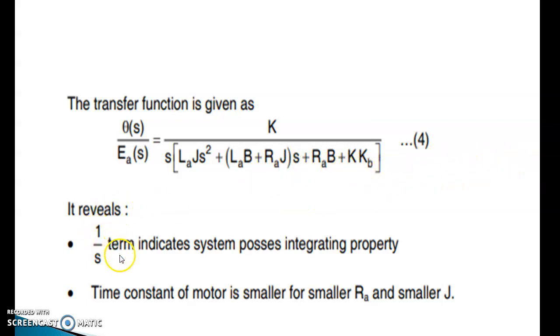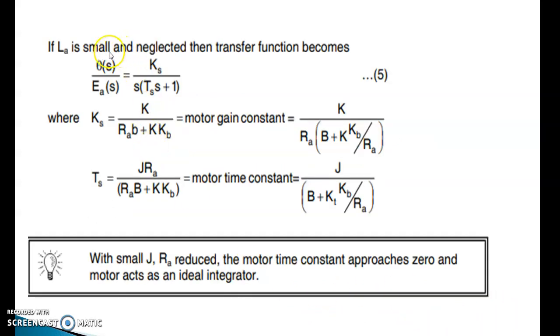It reveals the 1 by S term indicates the system possesses integrating property. The time constant of the motor is smaller for smaller Ra and smaller J. If La is small and neglected, then the transfer function becomes theta s by Ea s is equal to Km by S whole into (Tm s plus 1),